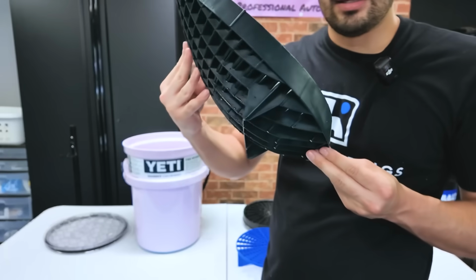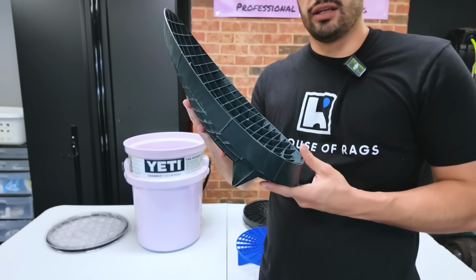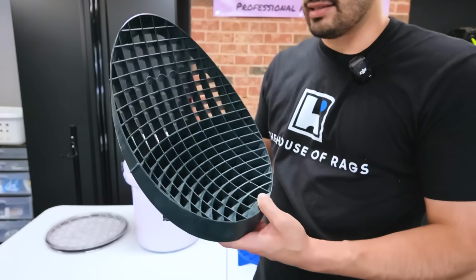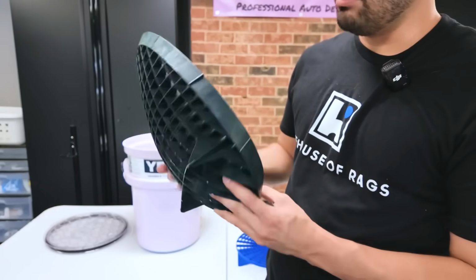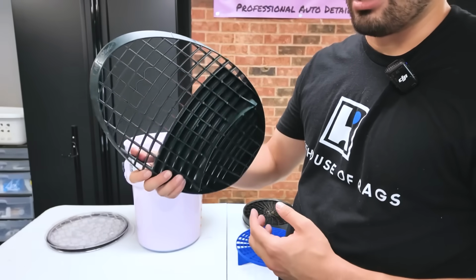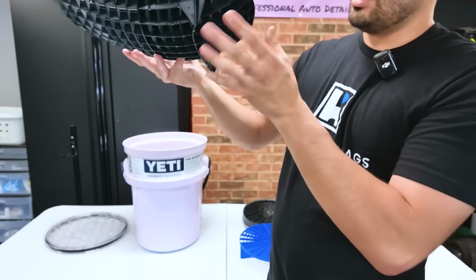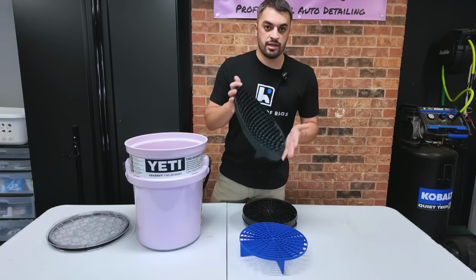So the Mitt Slide is a very inventive, newer grit guard design. It goes up the side of your bucket, and it kind of acts as a washboard as you dunk that mitt. It's hitting it, it's sliding down it, it's taking dirt off the wash mitt media, whether it's rinseless or whether it's traditional, and it's depositing it at the bottom of the bucket, of course. So it kind of just changes the shape of a traditional style grit guard and collects that dirt at the bottom of the bucket to ensure a safe wash process as you